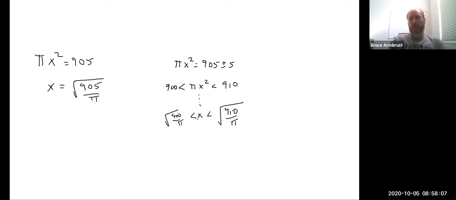Okay, so we know that our radius has to be between those. And so I think the original question was, how close to the actual radius do we need to be? And if it's how close to the actual radius we need to be, that's going to be the difference in these. Right? So how close? Well, that's going to be